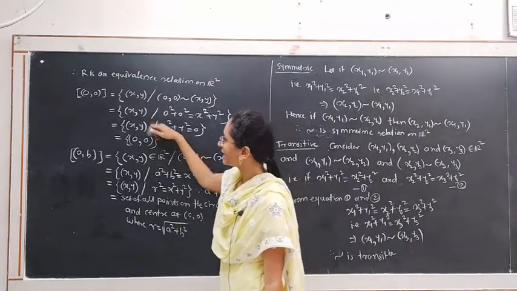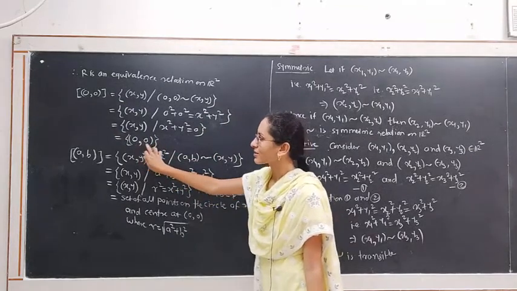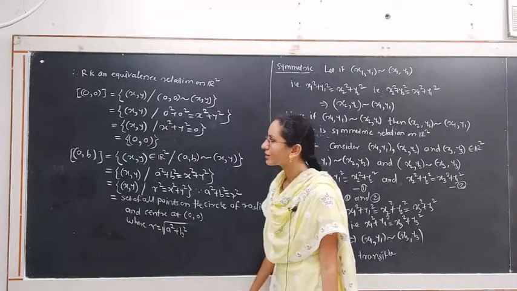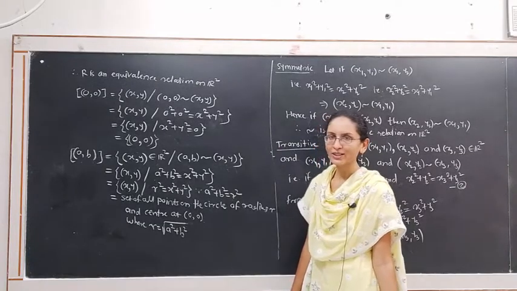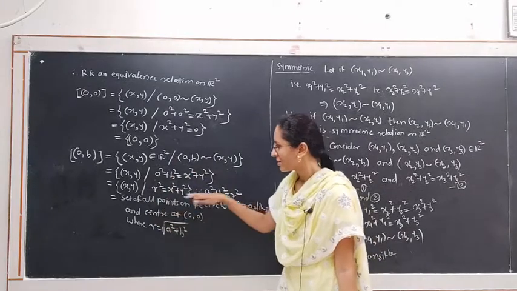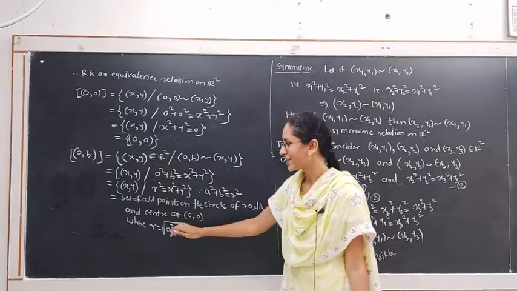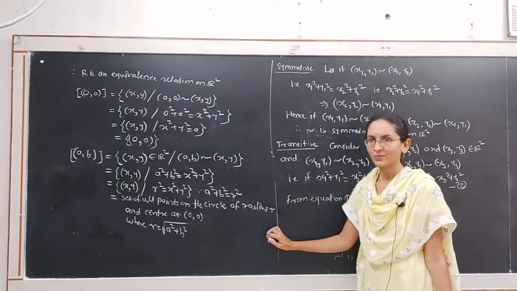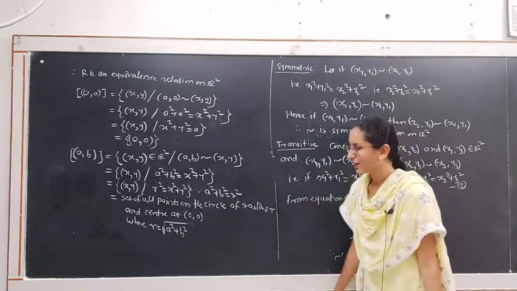We calculated the equivalence class of 0, 0. Only the element 0, 0 belongs to the equivalence class of 0, 0, and if a and b are non-zero, meaning either a or b is not equal to 0, then we get the equation of a circle. Then we get the set of all points in R2 satisfying the equation of the circle, that is the standard circle with center at 0, 0 and radius r.